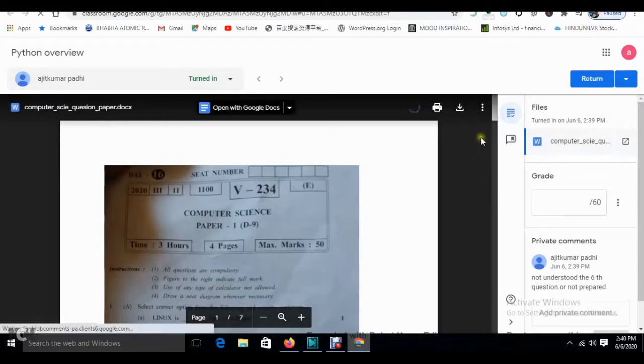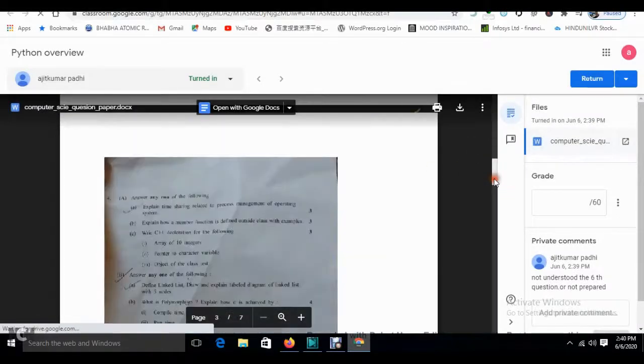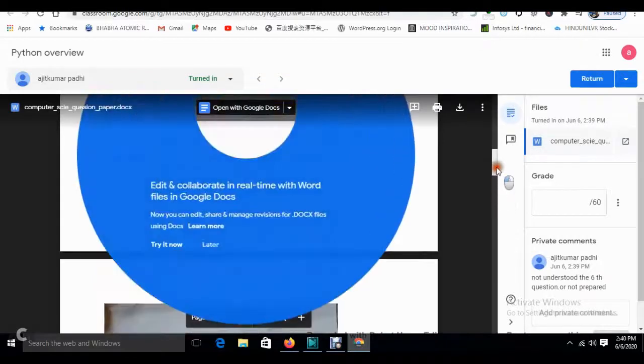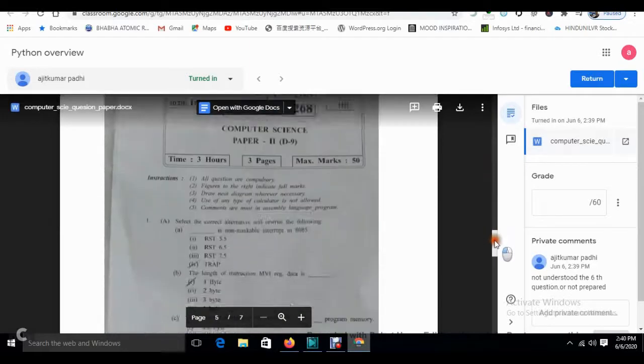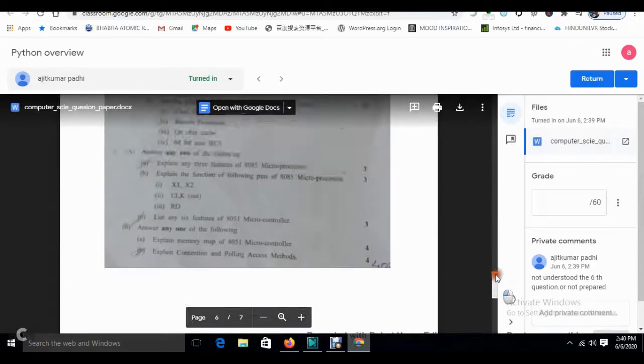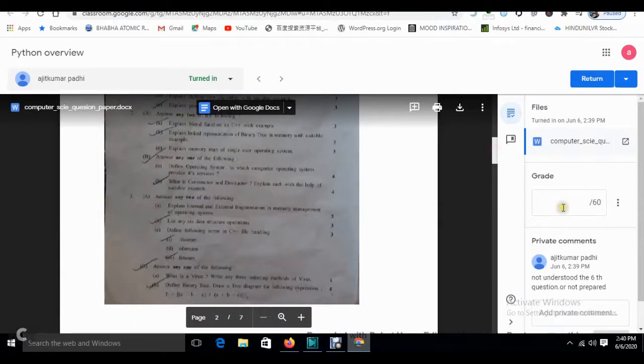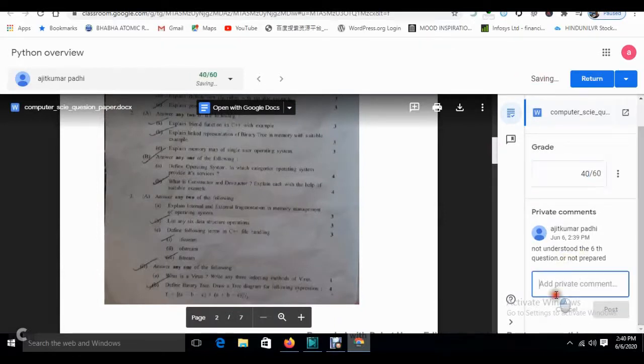See over here, this is the paper actually, so I will check all these things, and if I feel some issues, or some guidelines have not been followed, or some calculation is wrong, then according to that you can give the marks. So I will give the marks as 60, and again I will mention in a comment that it's okay, but try next time and study more or harder, like this. For this student only the comment will be going.